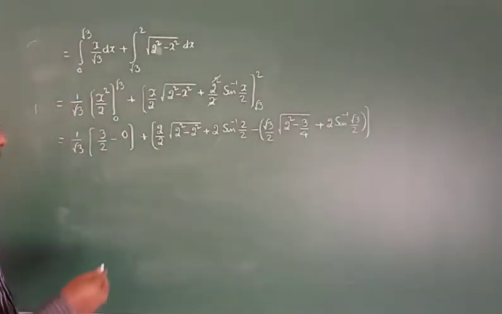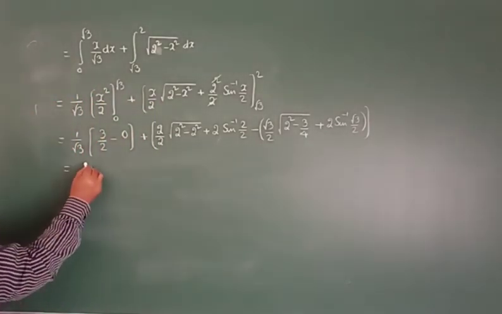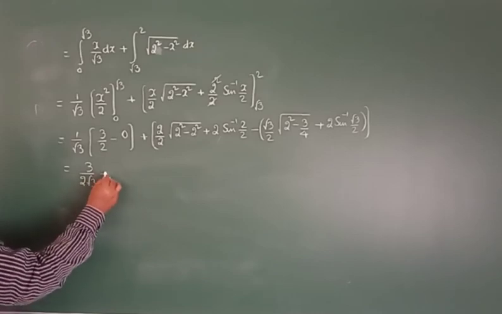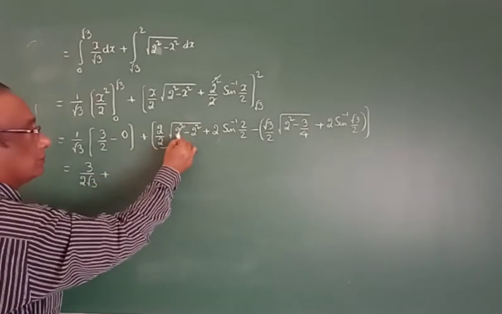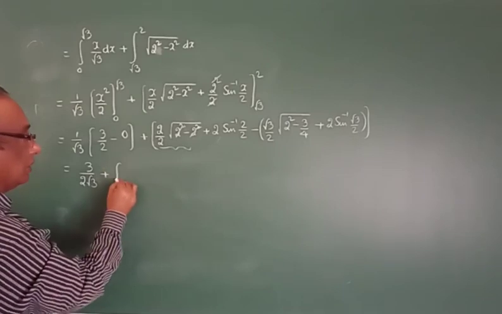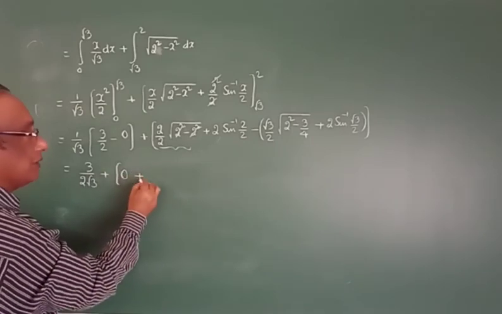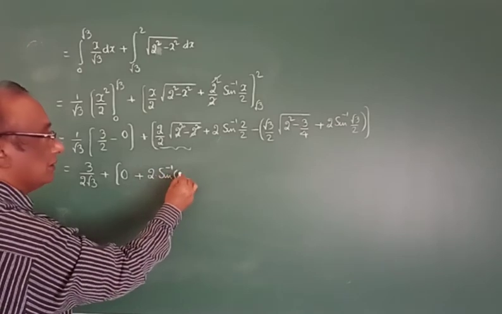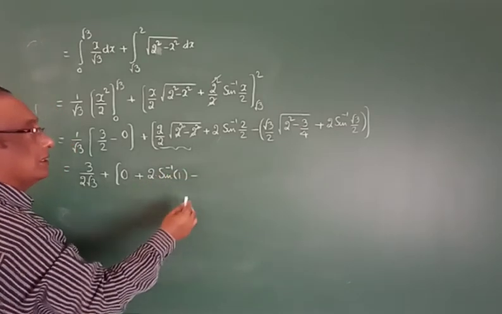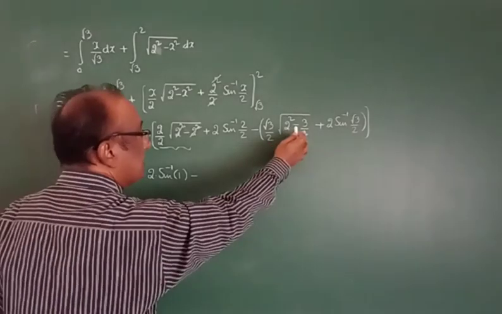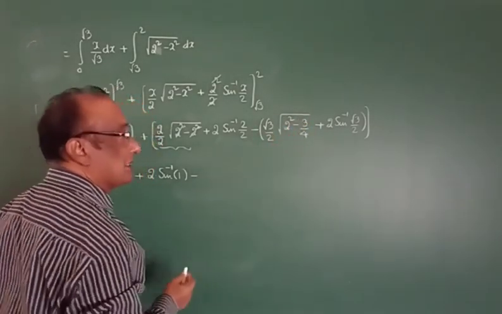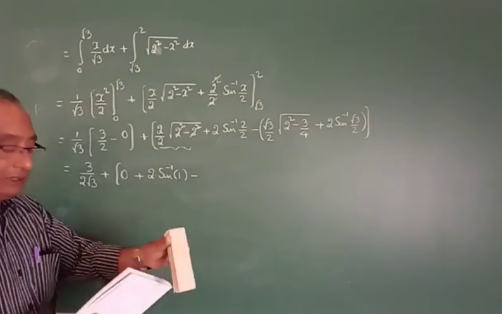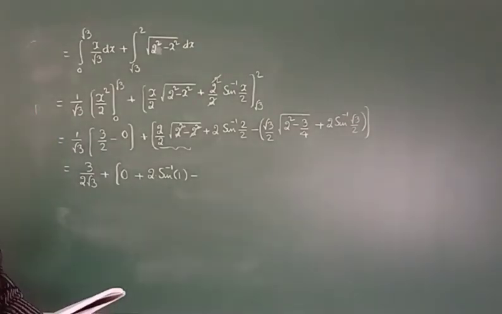Now simplify everyone. Here is the 3 by 2 root 3 plus this part is 0. This part is 0, write 0. Second one is 2 into sin inverse of 1 minus root 3 by 2. This is 16 minus 3, 16 minus 3 is root 13. See everyone,